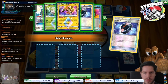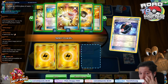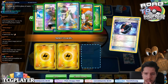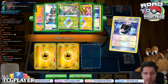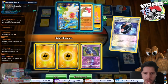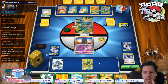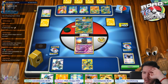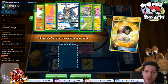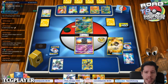So I'm gonna do this. Coco Prism is in there. So I'm gonna discard 2 lightning energy. And, I mean, N-ing her doesn't seem great. So what else would I get rid of? I guess the Oricorio is fine. Yeah, the Oricorio seems good. Oh wait, I already used my GX. I almost made an oopsies right here. Okay, I mean, going for Coco Prism is still correct though. And I don't have...